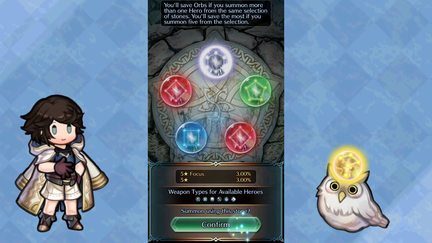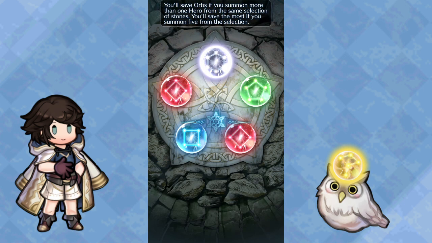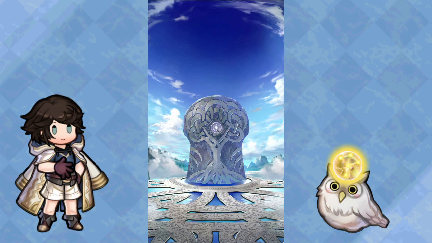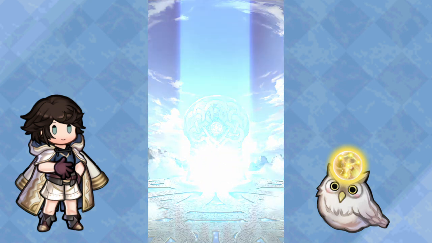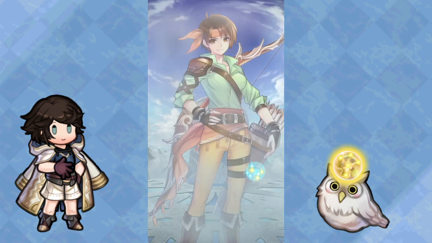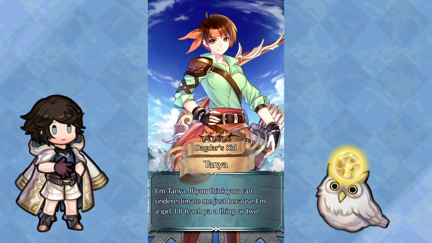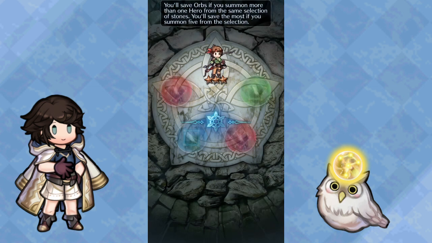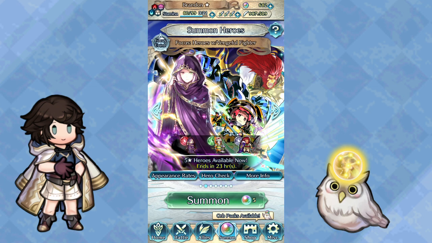I said I was going to pull Colorless, right. I almost forgot for a second. Iden wouldn't have been bad backup either. I'd just rather go for Kane here to diversify our options. Instead we got a Tanya. Not super exciting, but whatever. This was one of the banners I was a little less interested in from the rerun schedule, so not as